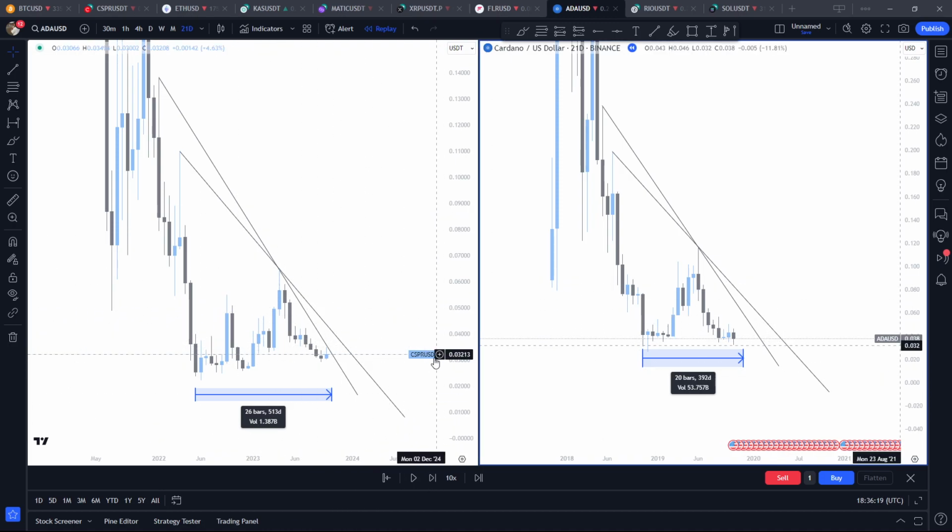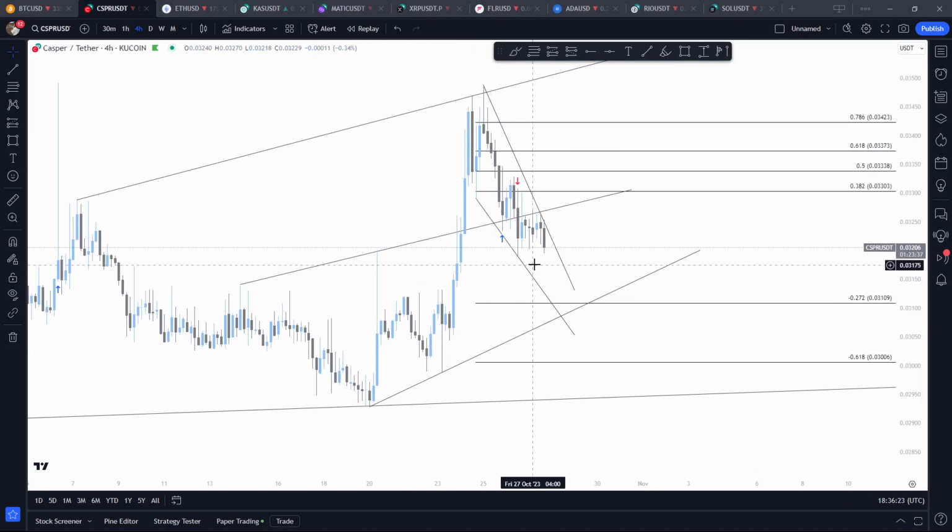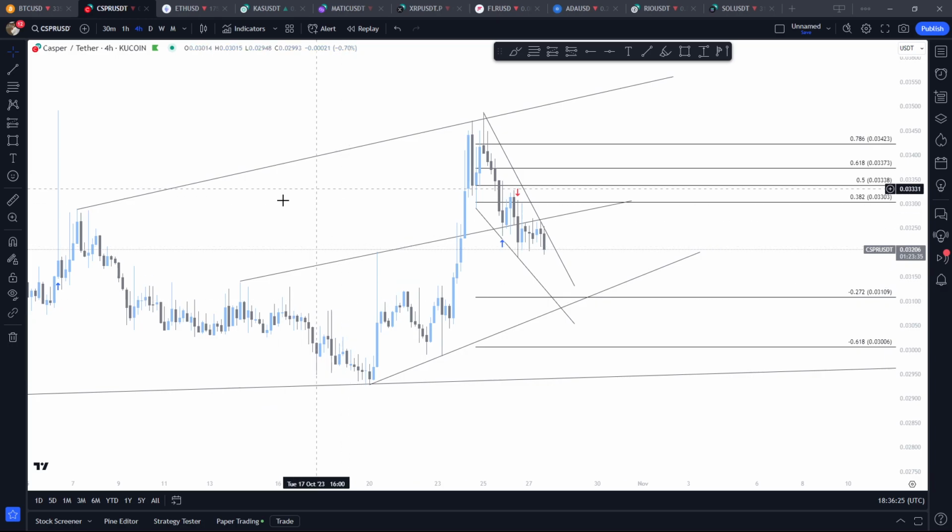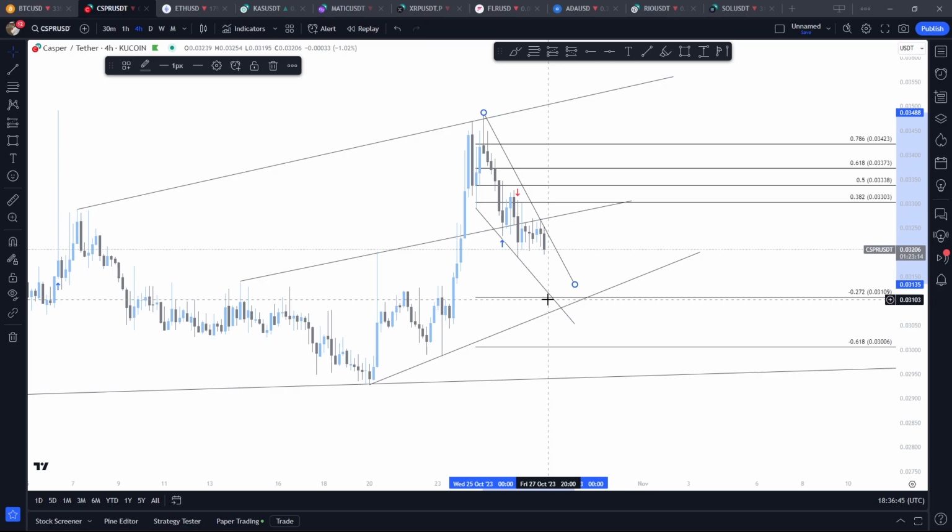So Casper right now is at 3.2 cents. I'm going to go into the Casper chart right here. So we had this uptrend, 1, 2, 3 touches. The market fell. Then we have 1, 2. This one got broken, so 3. Okay, and now it's retesting this same one. See here? So 1, 2, and then now we get a third test from this one, boom,